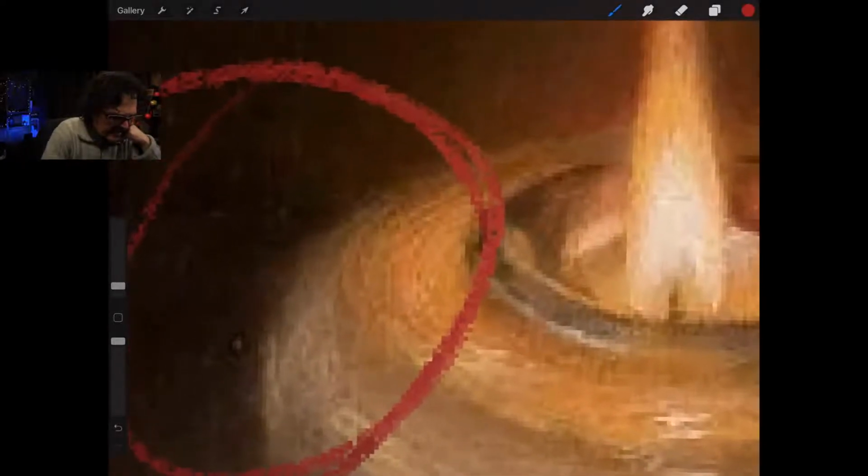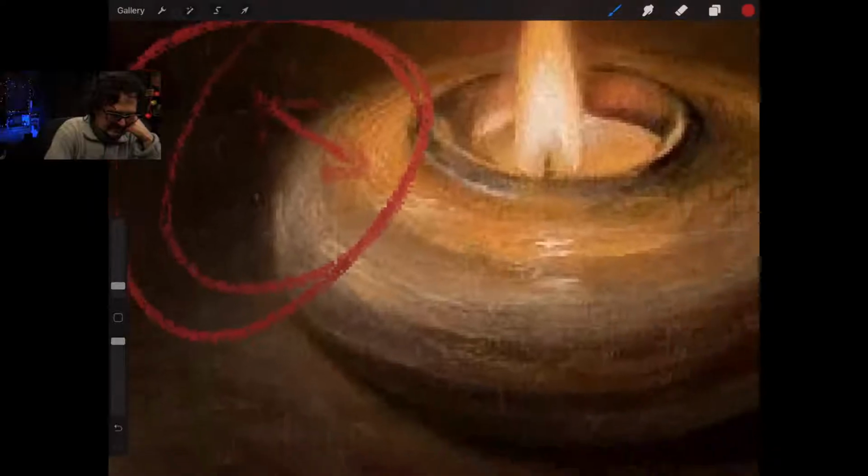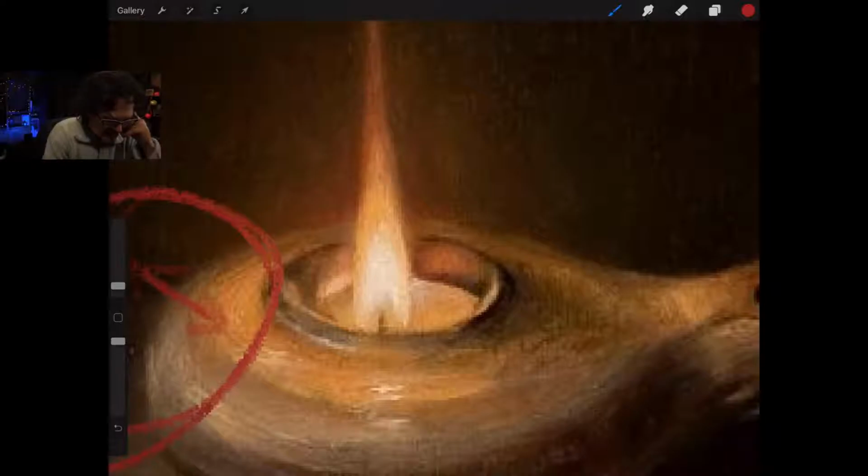Hey, did he open an edge? Did he? Hey, you left your gate open. The cattle's going to get out. Isn't that the point? Let the cattle out. Did this hard edge go right to the edge of that flame? Or did that flame eat those edges away? Again, so he's painting glow. Right?